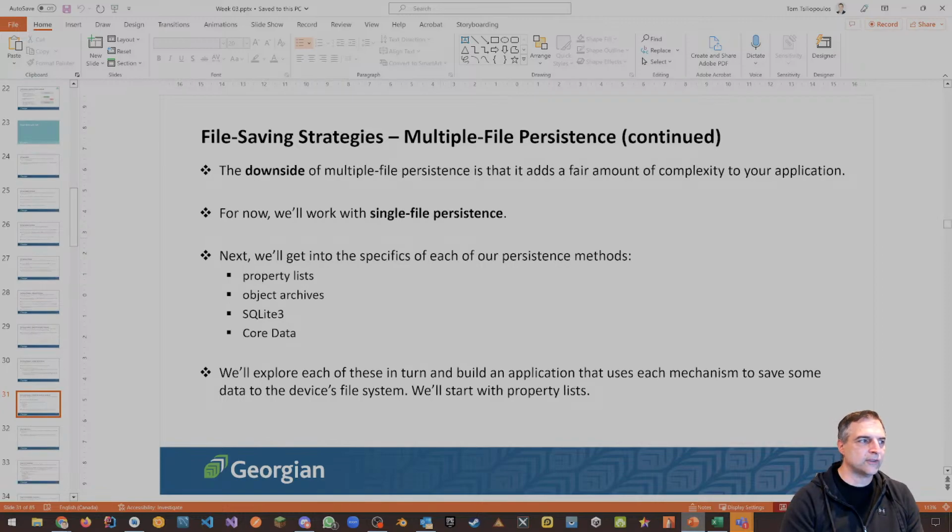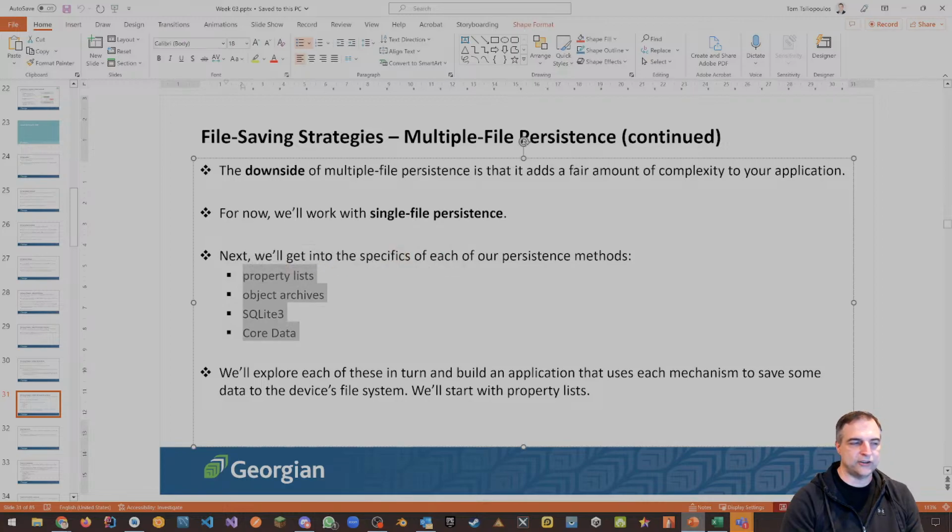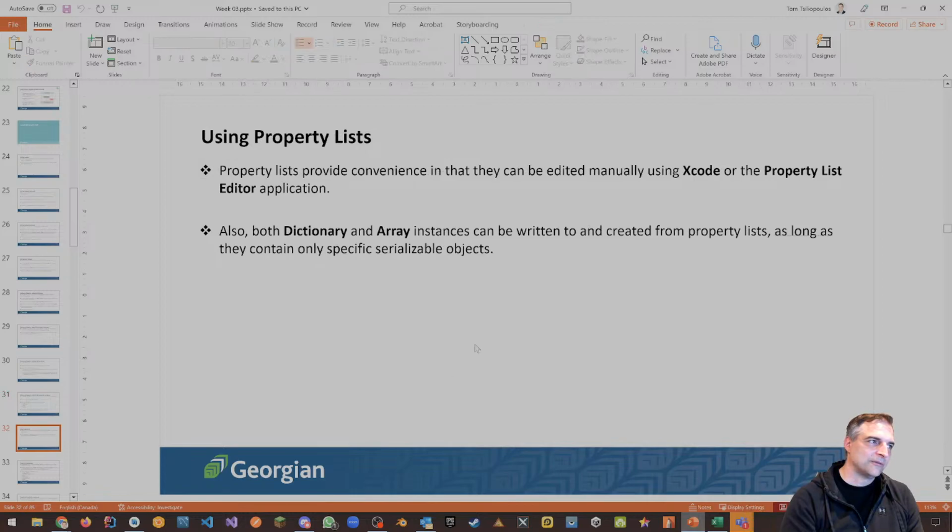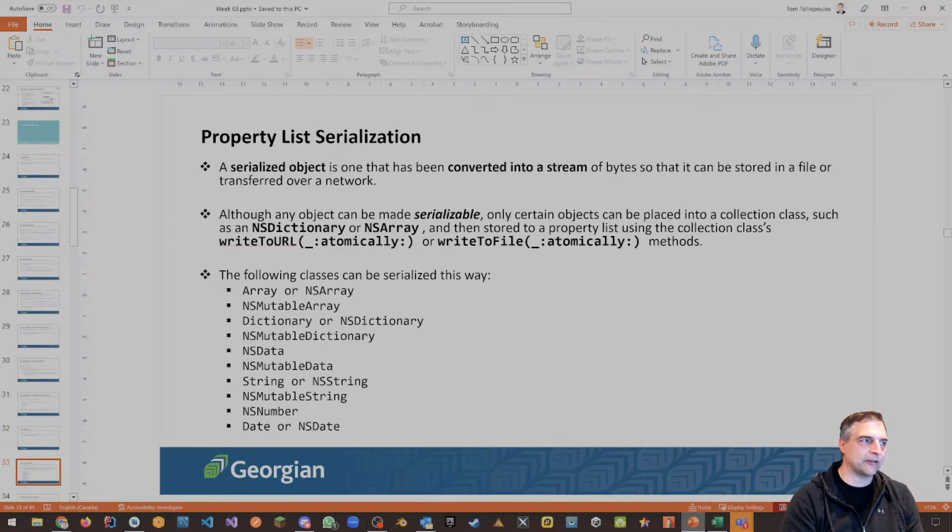you can also use a couple of additional things. Here are some additional types of strategies: property lists, object archives, SQLite 3, and core data. Notice that core data is the last thing, and core data is very similar in your mind to RoomDB. That's what it's kind of like, right? And that's kind of cool. Property lists, again, are key value pairs, and they're really great because they allow you to do things with